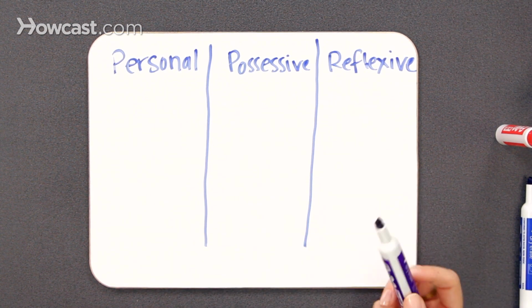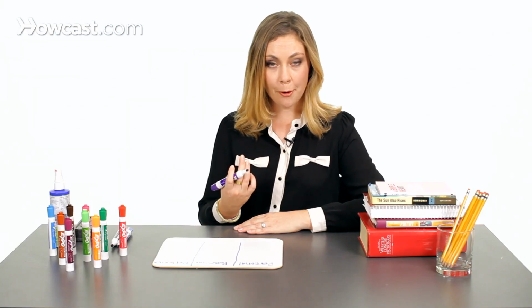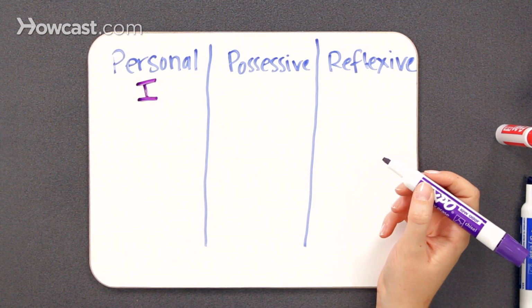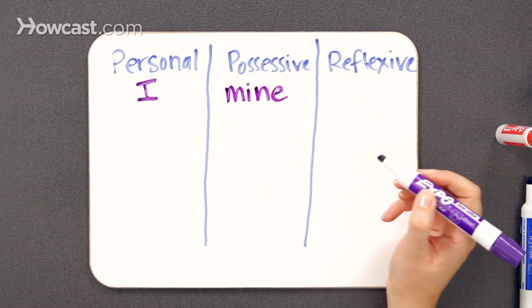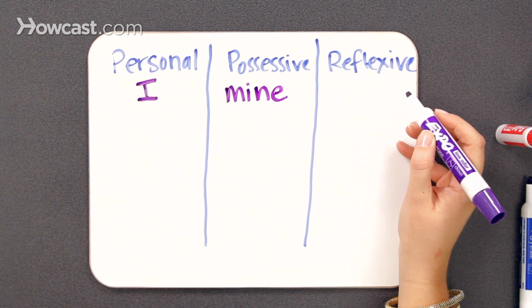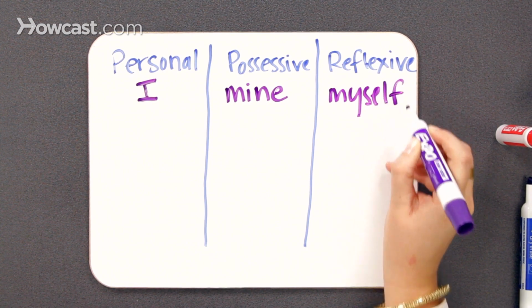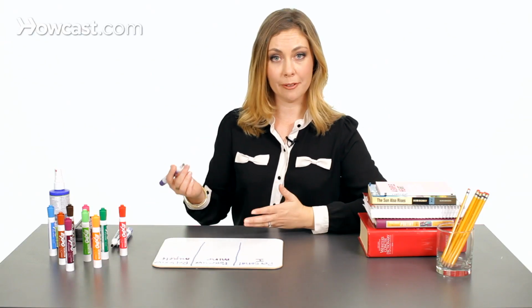To give you an example of each, let's say my name is Stephanie. My personal pronoun would be I. My possessive pronoun would be mine. And my reflexive pronoun would be myself. And just so you know, reflexive basically means like a mirror. So in a sentence, a reflexive pronoun like myself will reflect off of another noun or pronoun that means the